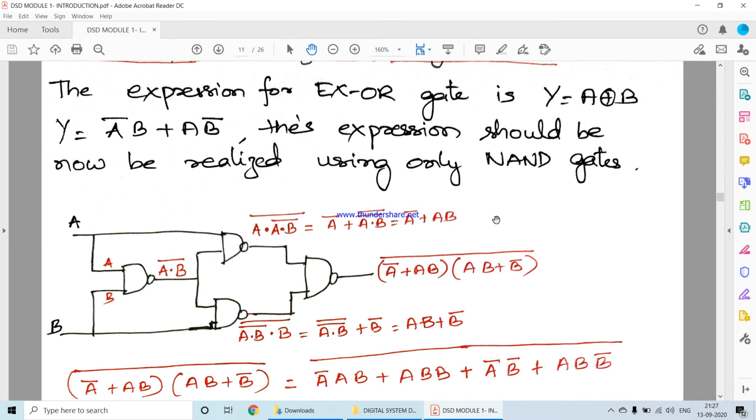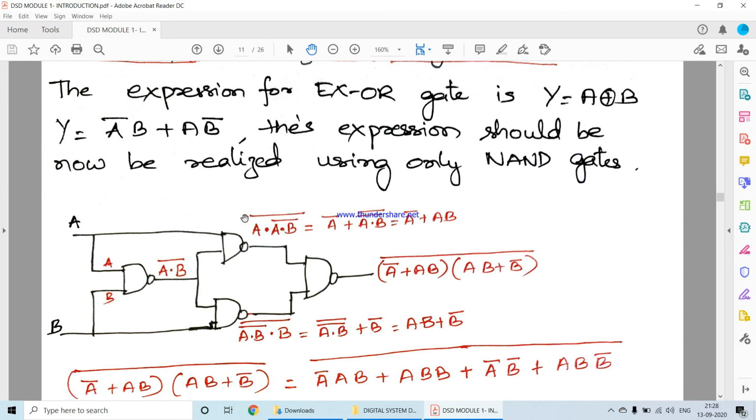So to get A bar plus AB and AB plus B bar, I need this 3 NAND gate connection. Okay, I will take A, I will take B, I get A and B the whole bar. The output of this NAND gate is A and B the whole bar, because I need to get A bar plus AB. Therefore I need one AB and one A here, and here I need one AB and one B. Therefore I'll take AB the whole bar, give it as one input to this second NAND gate, and then I'll give A as another input to this NAND gate. What I'll get is A and AB